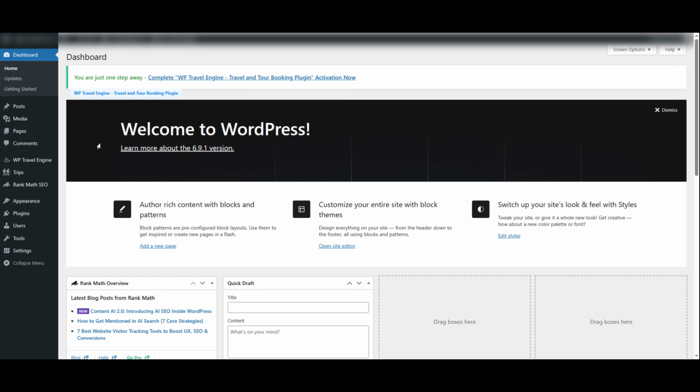Let's jump right in. First, start by logging into your WordPress dashboard. You can do this by going to your website URL followed by /wp-admin. Once you log in with your username and password, you'll land on the WordPress dashboard. This is the control center for your entire website, where you can manage posts, pages, media, and settings. From here, make sure you are either creating a new post or opening an existing draft that you want to